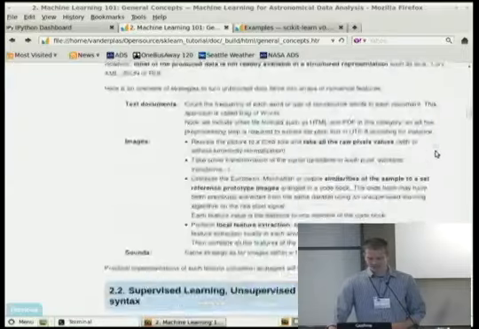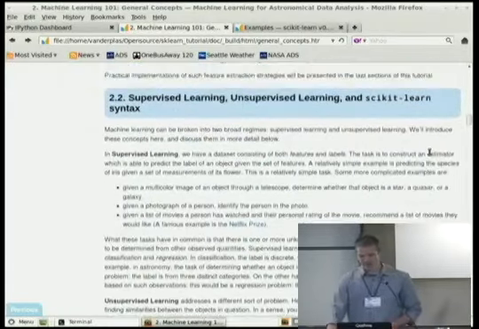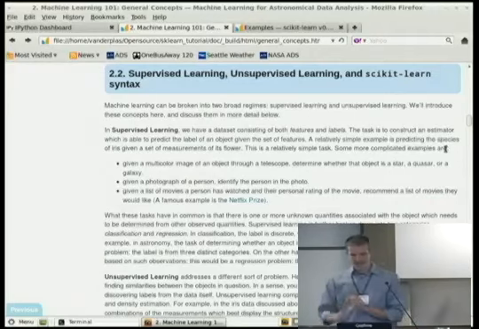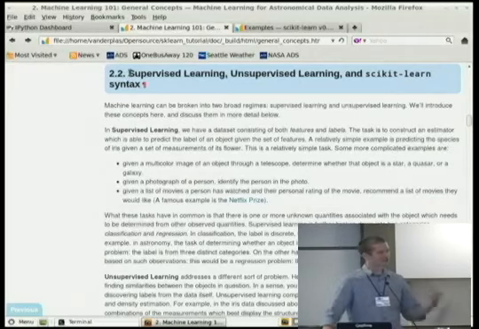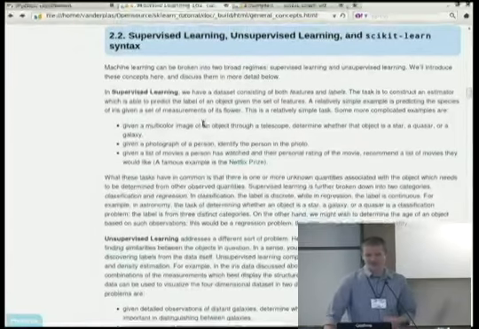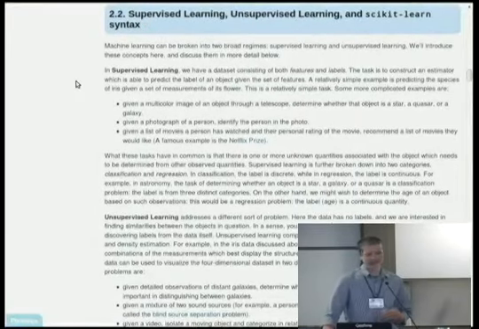So where are we? We're looking at general concepts. Matt's question earlier touched on this. Here we talked about the training set and the test set, and that goes into the different classes of machine learning. So we're going to talk here about supervised learning, the differences between supervised learning and unsupervised learning, and how that affects